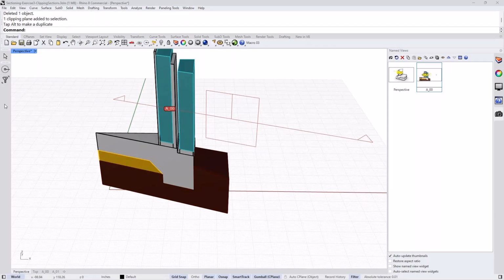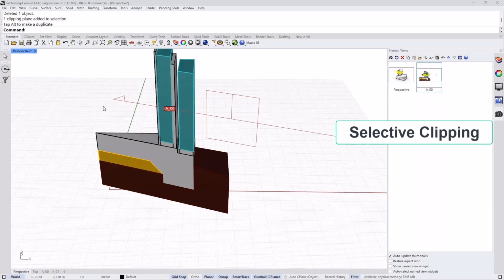visible to them. The other thing, and that might be interesting, is that you can cut it through different parts of your model, but not the whole model. It's what we call selective clipping. So you might want to cut it through your gyms or through your walls, but not the foundation, and want to show how that looks and the relationship. Then you can just have a certain number of objects or layers to be cut, but not others. And we'll do that right now.